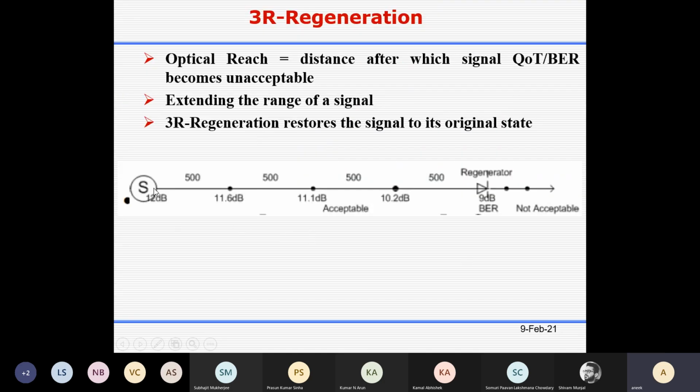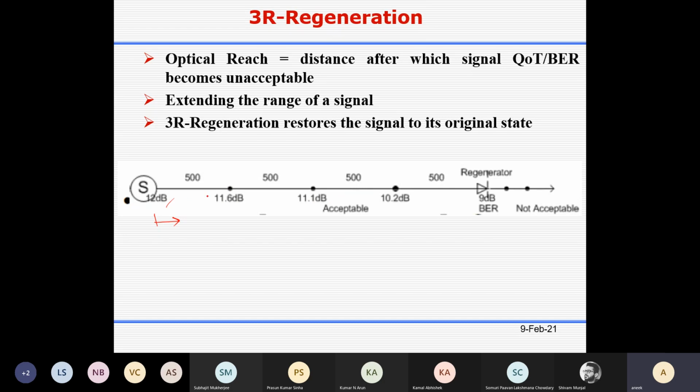So basically, this is the source node. You have a transmitter, and you are interested in setting up a light path. This is your fiber, and this is your signal to noise ratio. The signal to noise ratio gradually decreases. This may be in kilometers, but you have to put in amplifiers. Otherwise, this only 0.4 dB for 500 kilometers is not a feasible thing.